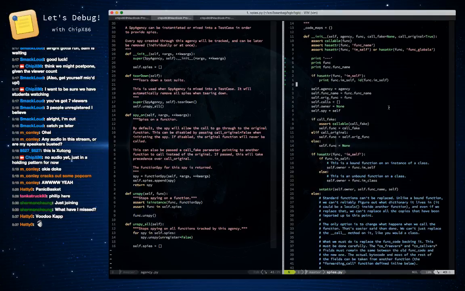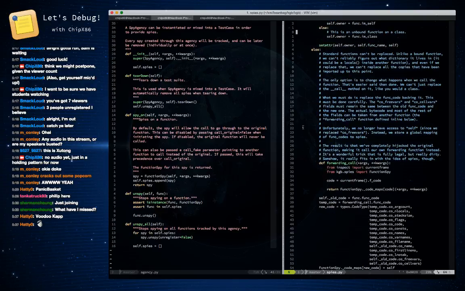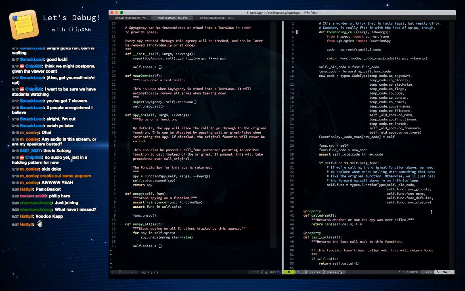So we have a pretty good idea now that somewhere in this function things are going very, very wrong. Now this function does some hairy stuff, and I could do a whole talk on what it does, especially this fun block here that is basically taking Python bytecode, swapping it out, and taking the brains of a function and giving it a transplant. It's a bit weird, but